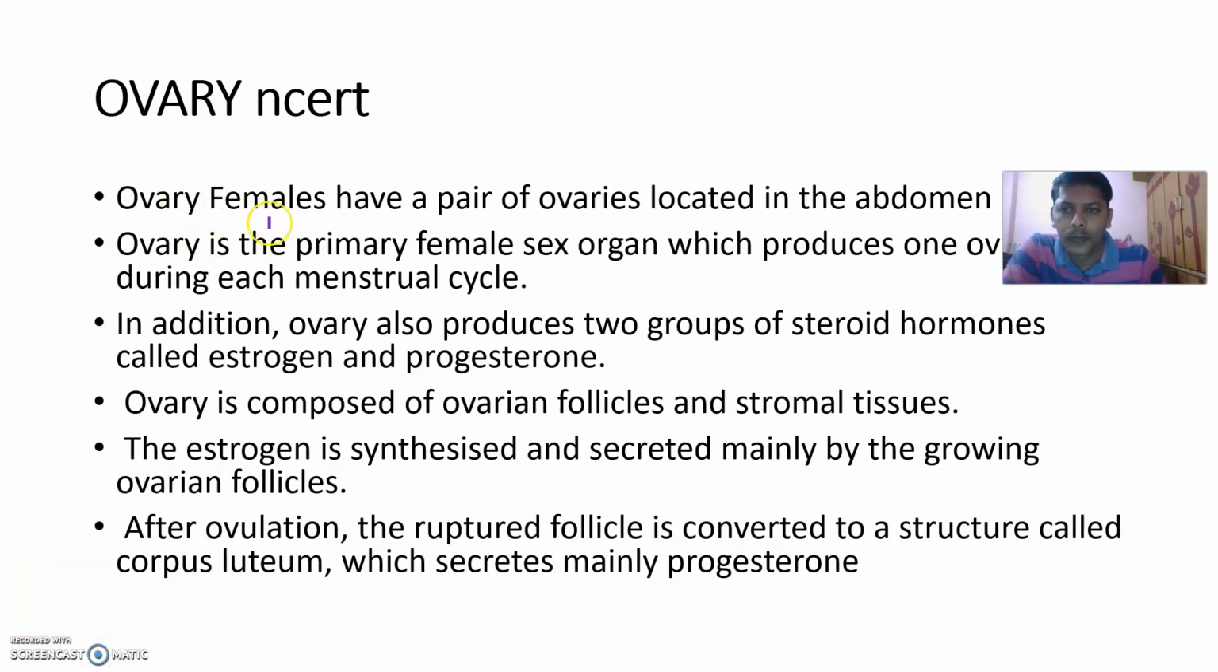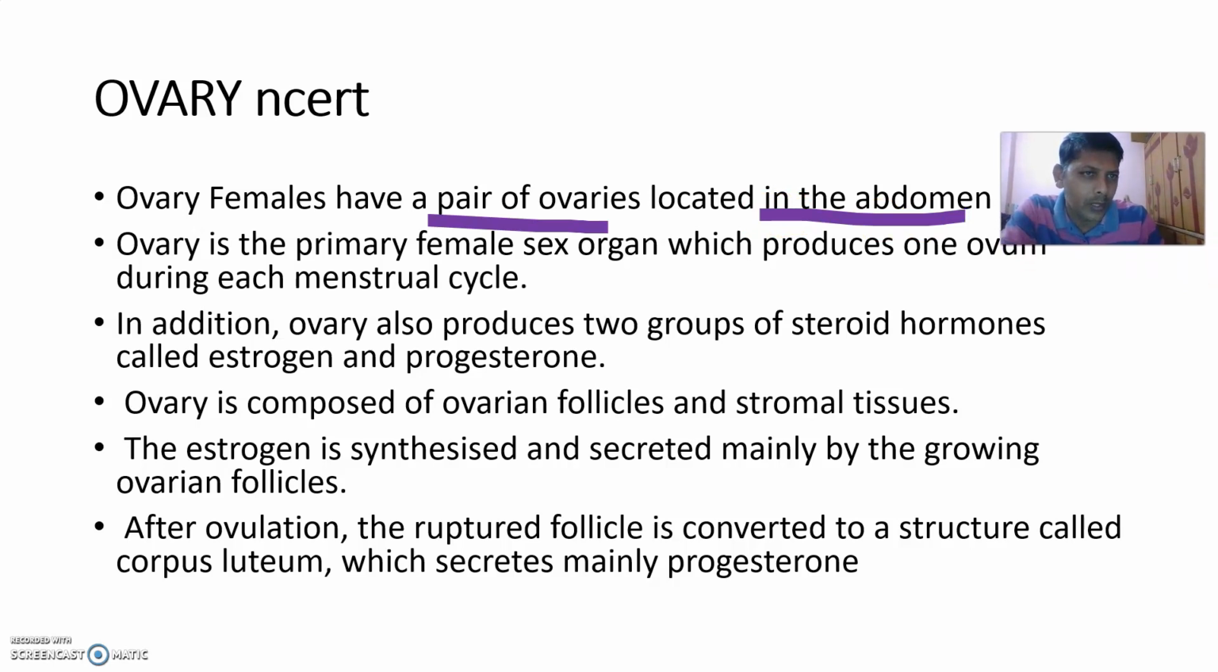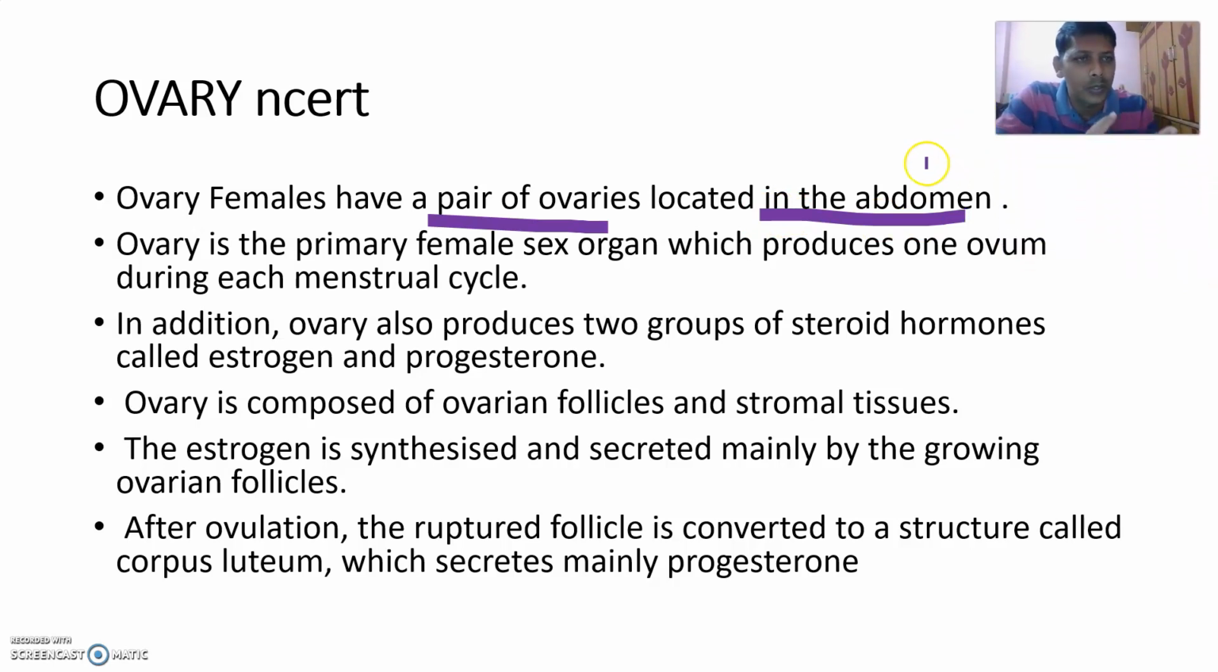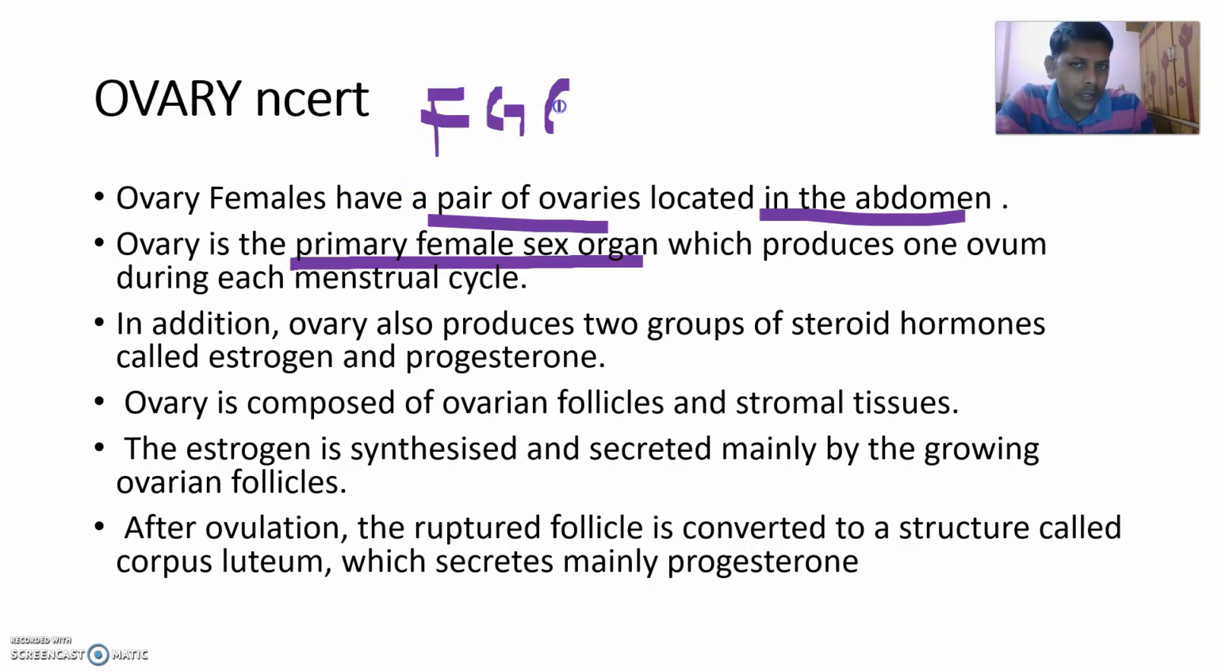Females have a pair of ovaries, males have a pair of testes. Ovaries are located in the abdomen, while testes are located outside the abdomen in the scrotal sac. The ovary is the primary female sex organ in females, where testes are the primary sex organs in males. These are the female gonadal glands. Ovaries are the female gonadal glands. Testes are the male gonadal glands,